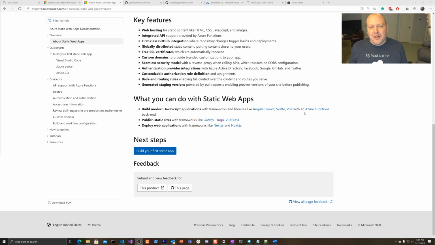Not the end of the world. You know, a lot of full stack developers, they're doing Node across the whole stack, right? Or they're doing JavaScript, right? Client side and server side, right? Now, from a static website generator standpoint, they support Gatsby, Hugo, and VuePress. Now, at the end of the day, I ended up choosing to go with Hugo. And I'll talk about why in a moment here, but that's just one of the options I chose.